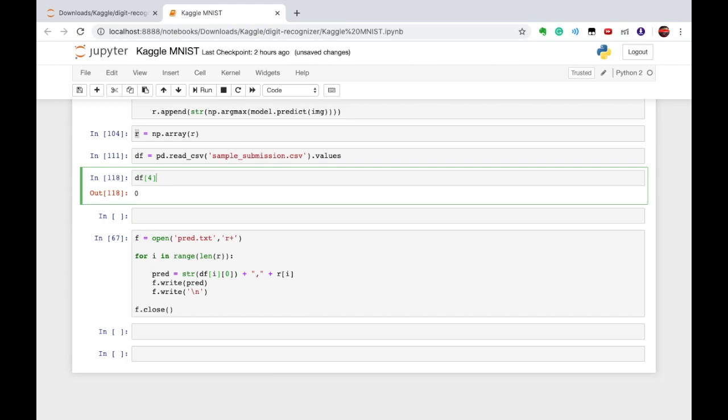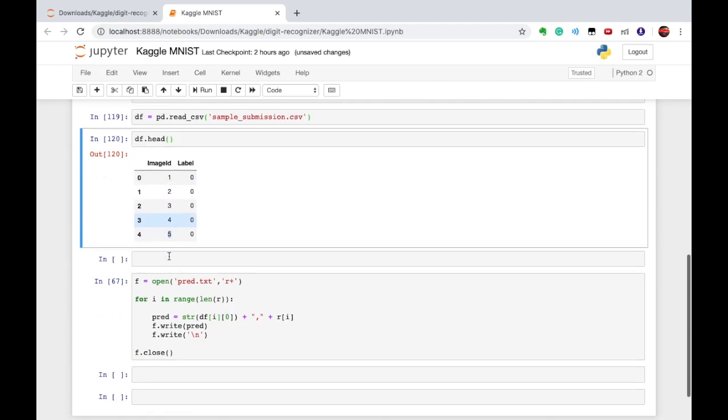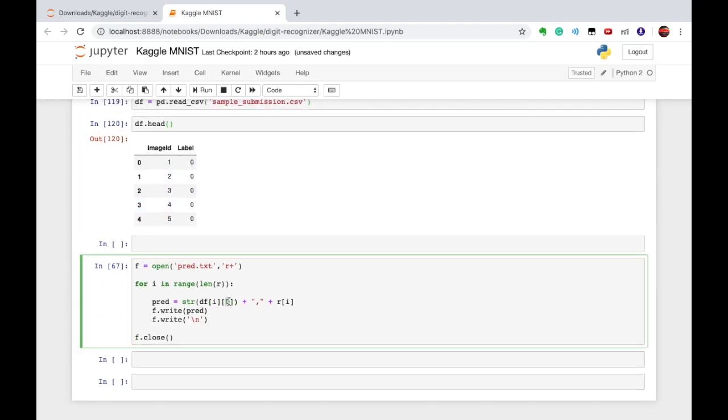Now I am only taking the first column only. To do so, I am writing 0, meaning for all the rows I am taking the 0th index, meaning the first column.